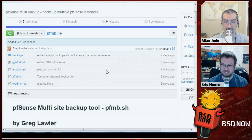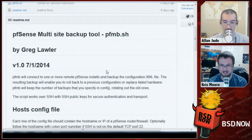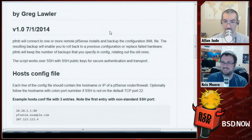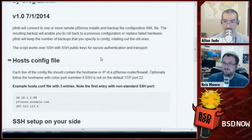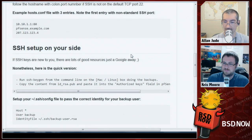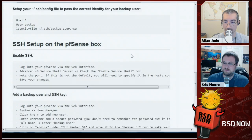Very cool. Okay, well, next up, we have some pfSense backup news, Alan. So this is a script, pfmb, which connects to one or more remote pfSense installs and backs up the configuration XML file. The resulting backup will enable you to roll back to a previous configuration or replace failed hardware. pfmb will also keep track of a number of backups you specify in the config and rotate out the old ones. So it can take a snapshot once a day and keep the last 2 weeks' worth or whatever,